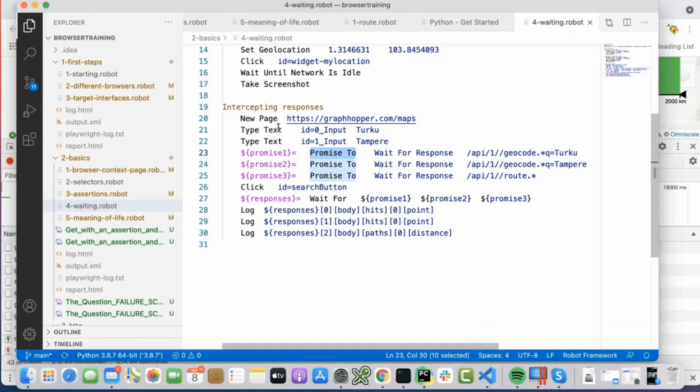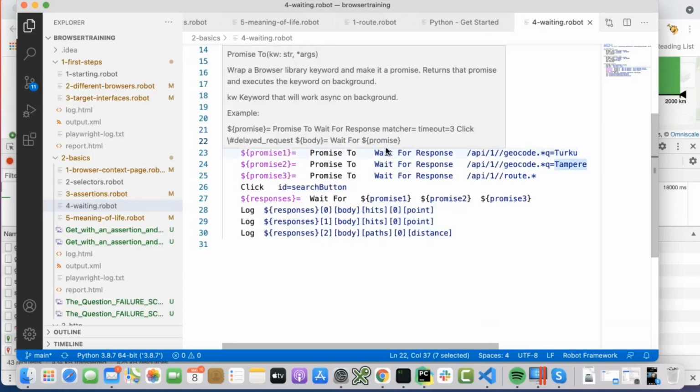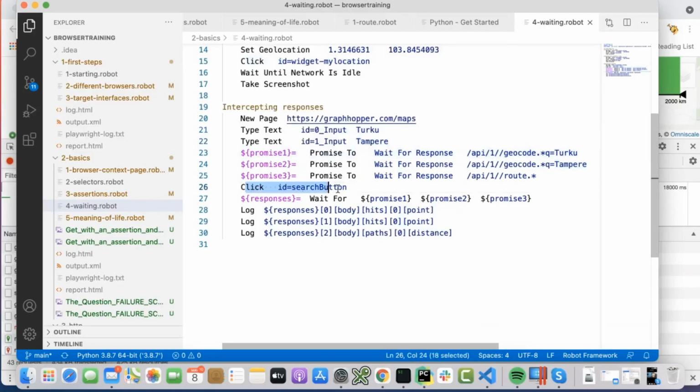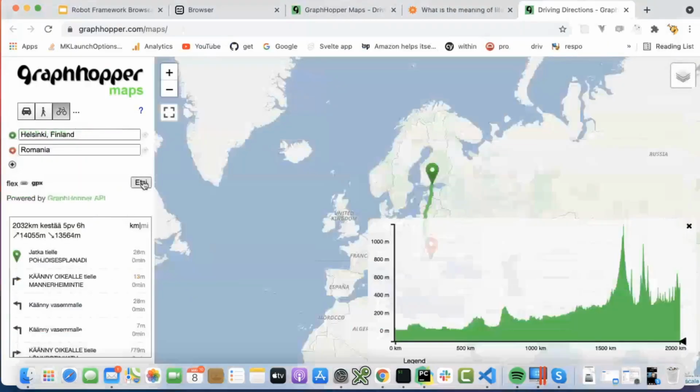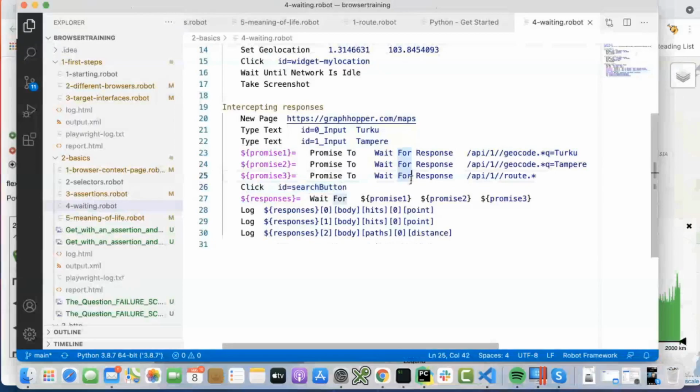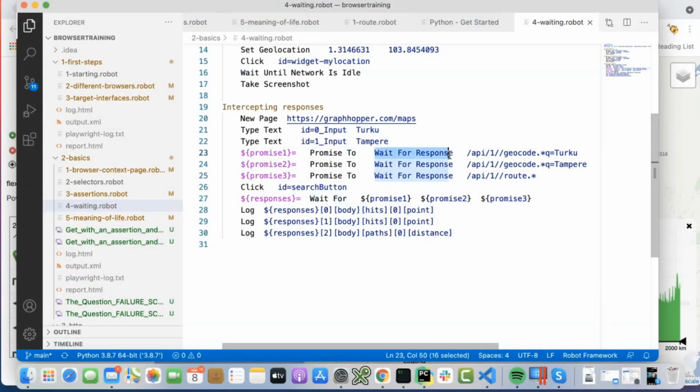In this test case, we type the text Turku, which is a town in Finland, and Tampere, which is another town in Finland, and we try to search for a route between those. So we click the search button here. But before we click that, we move to another thread where, instead of executing stuff, we just say, okay, while I'm doing things here,